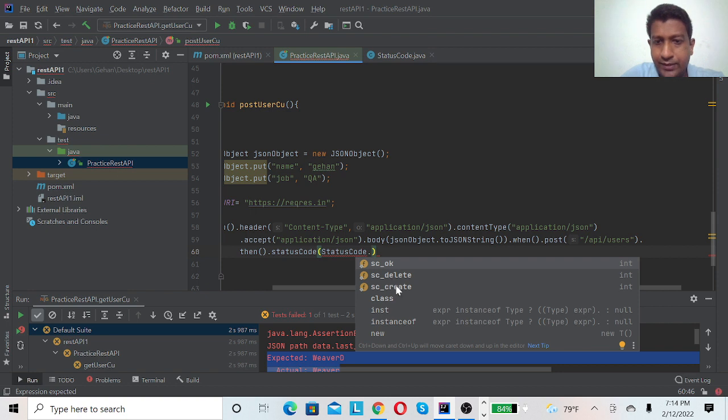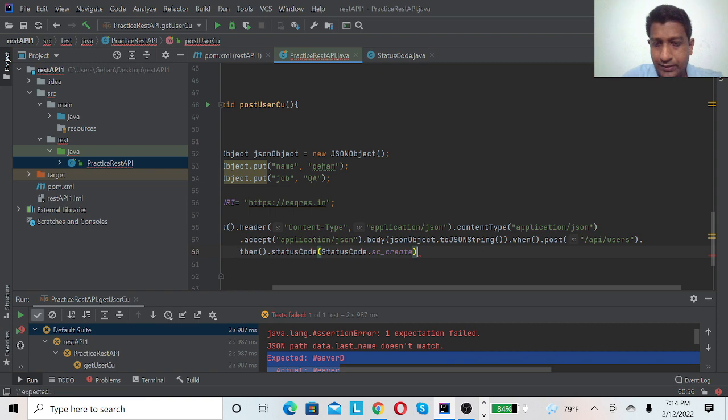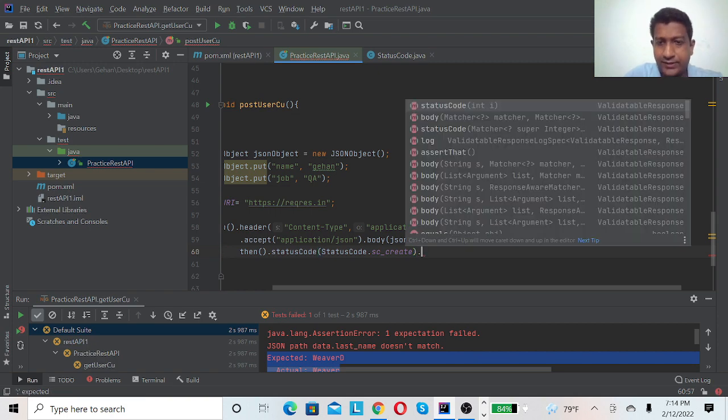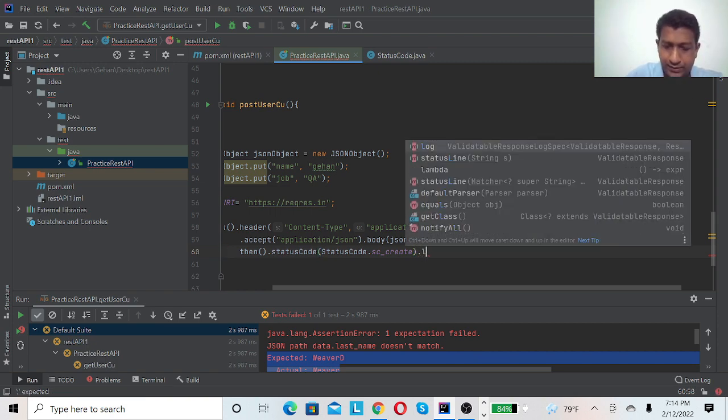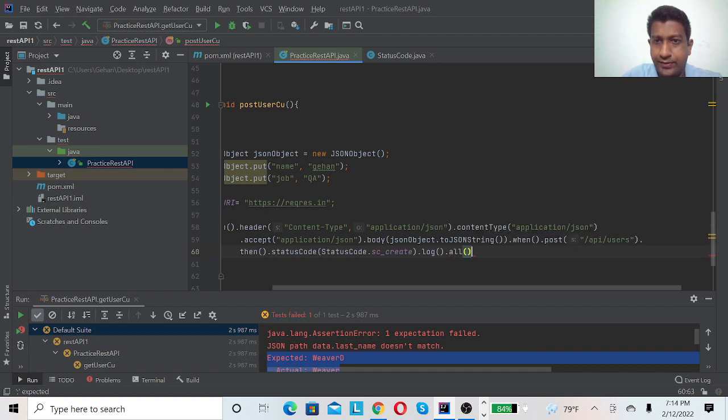Since it's a create one, I use 201, and I will log the response first before asserting.